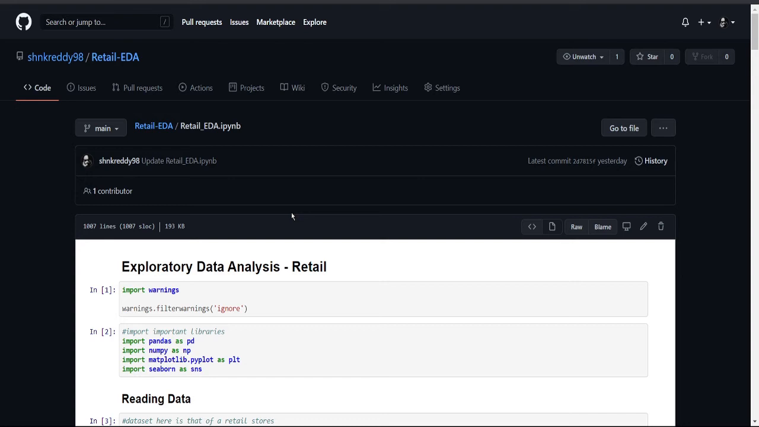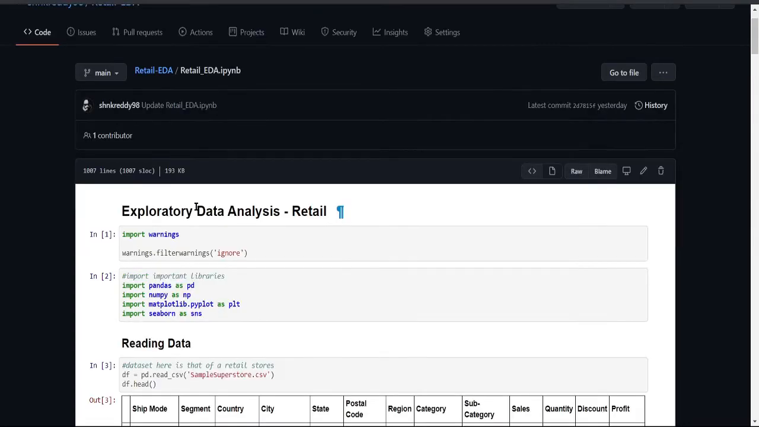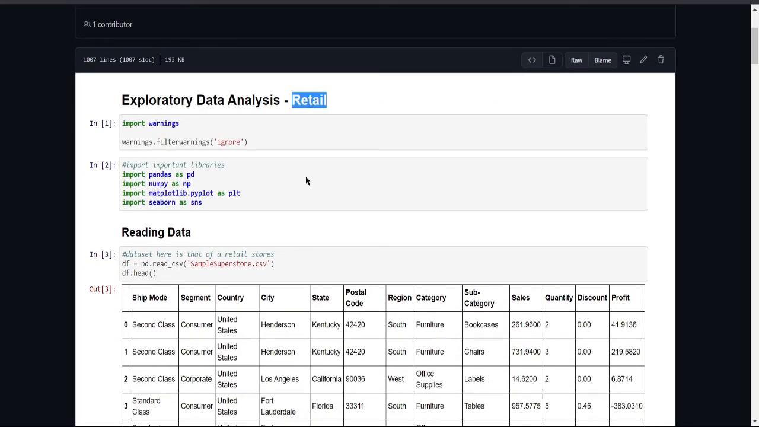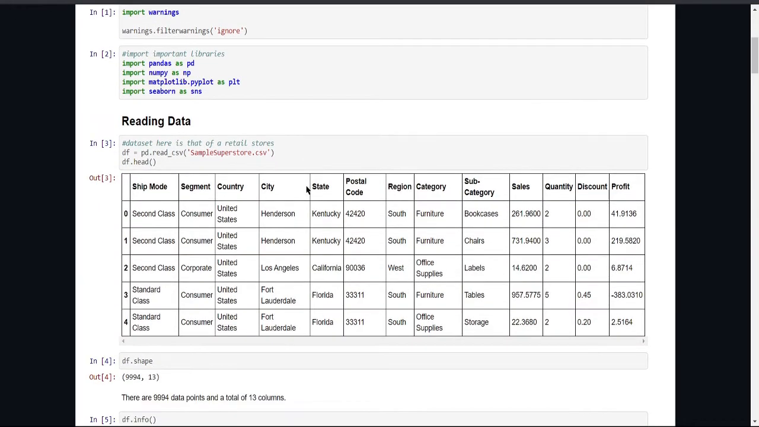Hello there. In this video, we are going to perform exploratory data analysis on a retail dataset, the retail superstore dataset. So we import the important libraries and our data over here. So we have the sample superstore CSV. After importing the CSV